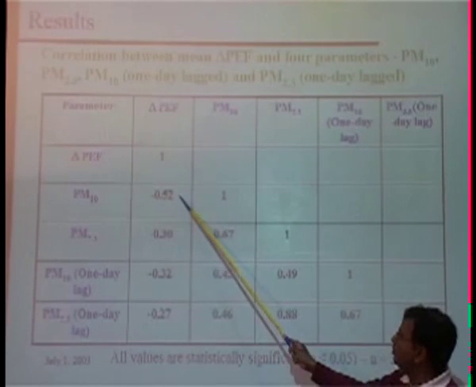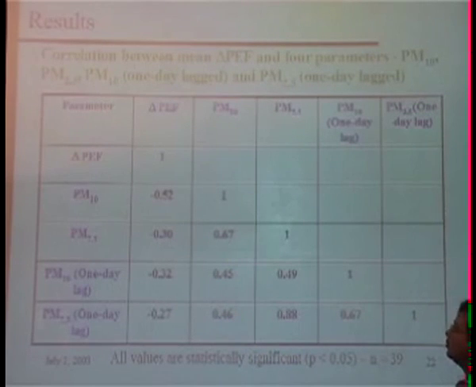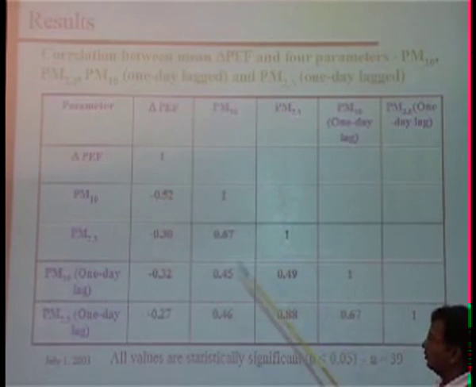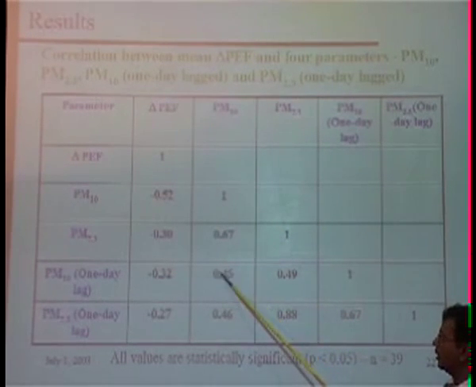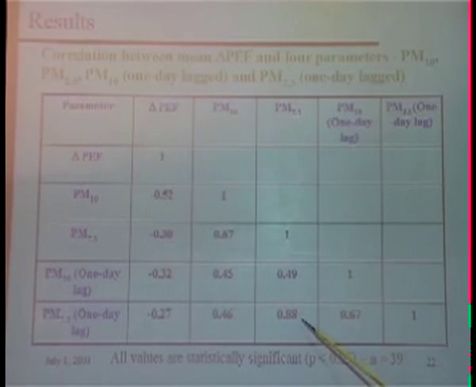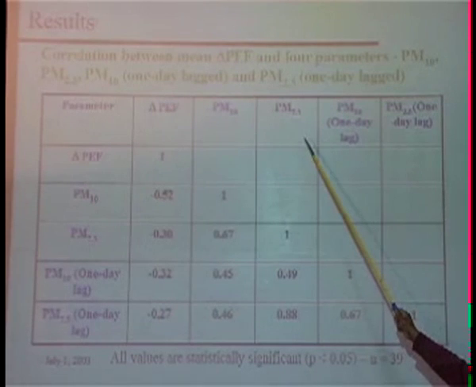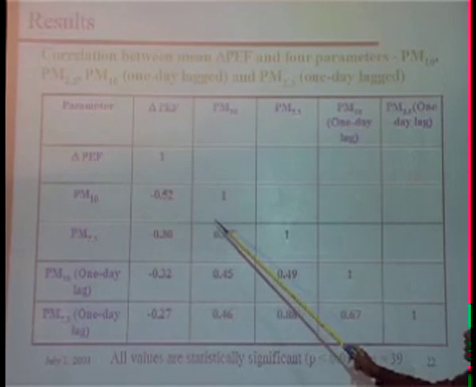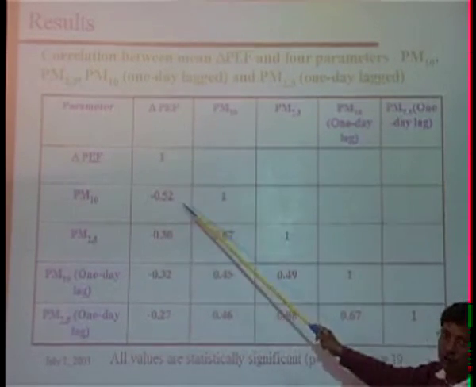So that was clear, but more related with PM10, and you will see that PM10 and PM 2.5 are expected to be related. PM10 of the previous day and the current day would be related, and so will PM 2.5. And PM 2.5 was highly related because PM 2.5 doesn't change as quickly as PM10 does. So the correlation between PM 2.5 of today and yesterday was very high, and PM10 and PM 2.5 were also correlated, and these were all statistically significant. So you can say that clearly there is an effect of air pollution on the PFR.